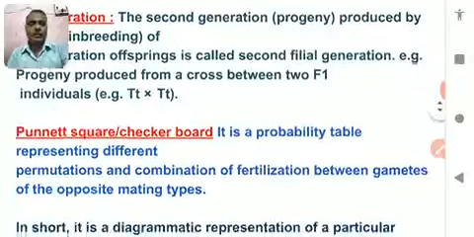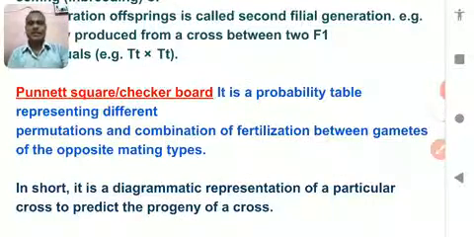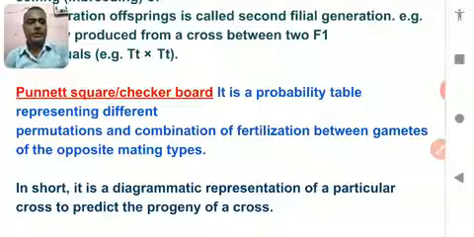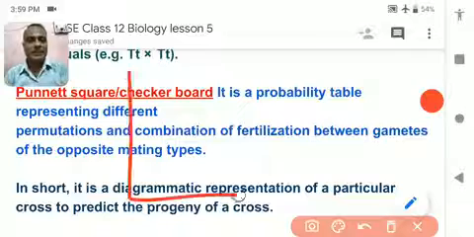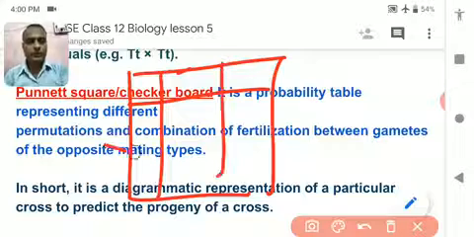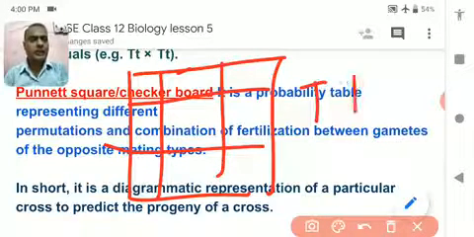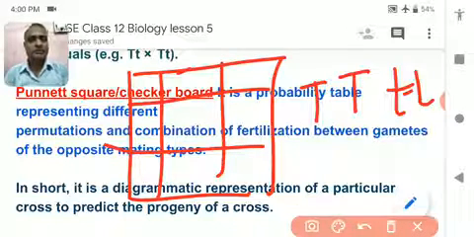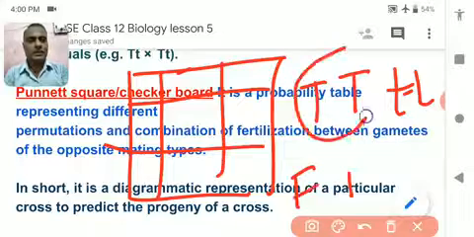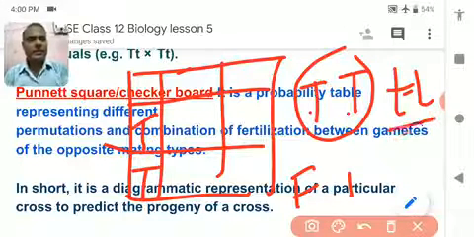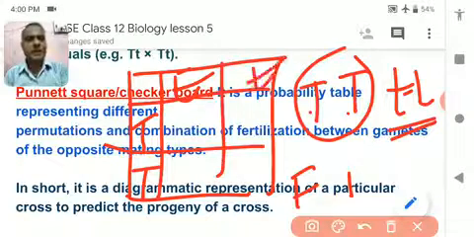So, the Punnett square. Punnett was a scientist who gave a very simple square which helps us understand crossing very well. I am just showing you. This is a square. Suppose you have taken two plants for crossing, capital T and small t in the F1 generation. This capital T, one will come here and another over here. One capital T and another capital T. And in this case, small t, one small t and another small t.